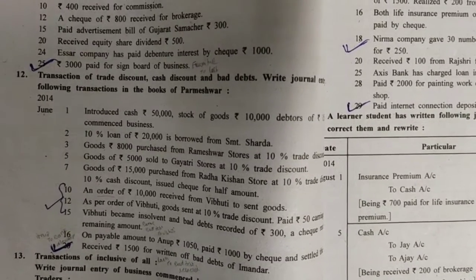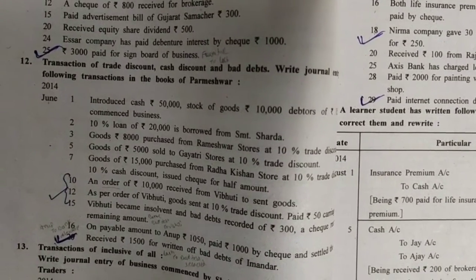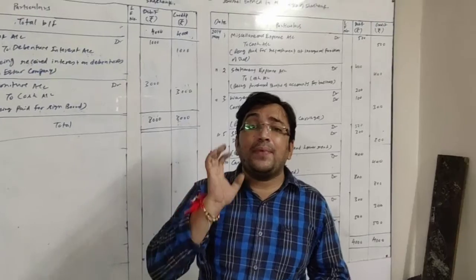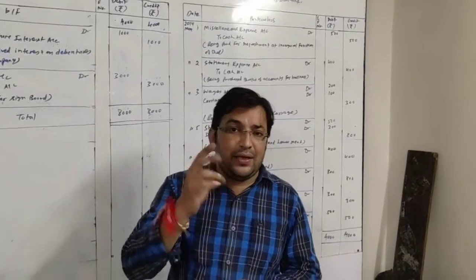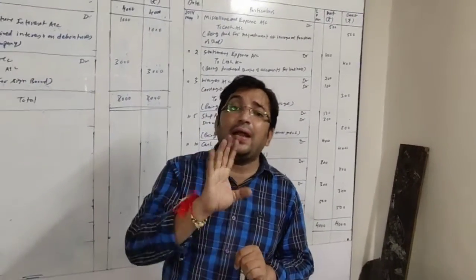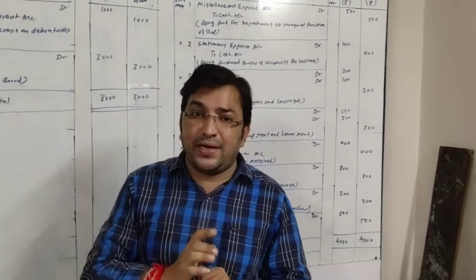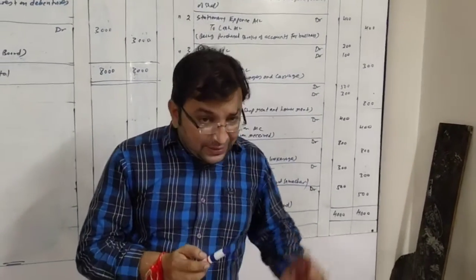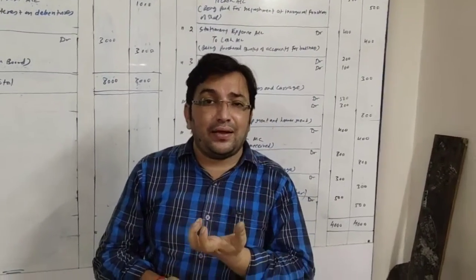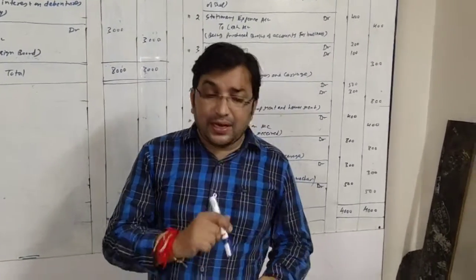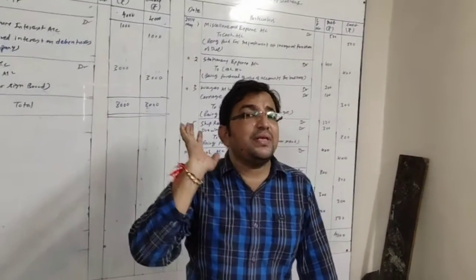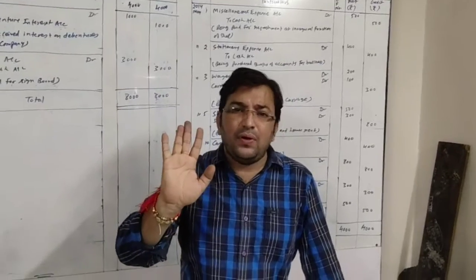Now we will be having a look of next transaction. SR company has paid debenture interest by check rupees 1,000. We might have purchased the debenture of SR company on which company is giving interest. See, if you are buying shares of any company, you will get dividend on it. If you are buying debentures of any company, you will get interest on it. So debenture interest. How much debenture interest we are getting here? 1,000 from SR company. So again they will be giving us interest by check. Yes, in transaction itself it is given that debenture interest is received through check. If they don't mention, then also it will be received through check. Normally it is received through check.